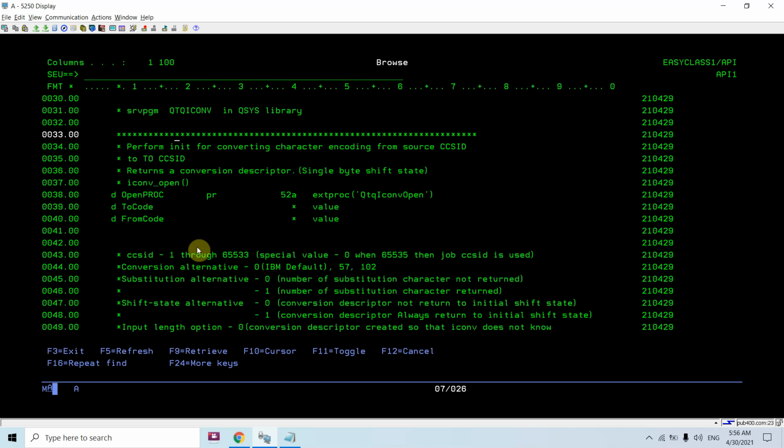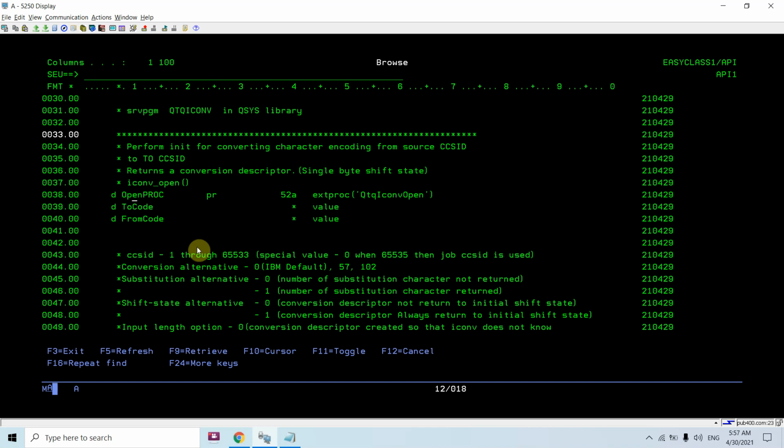So now I'm going to show you the code here. I have explained that whenever you are transmitting data between two languages having different code pages, that is different character sets, you need to use this API to transfer your data, so that no character gets replaced or substituted with some other character on the destination machine, because the character you are transferring may not exist with the same hex value on the other machine or other character sets. So you need to convert that first, and only then you should transfer.